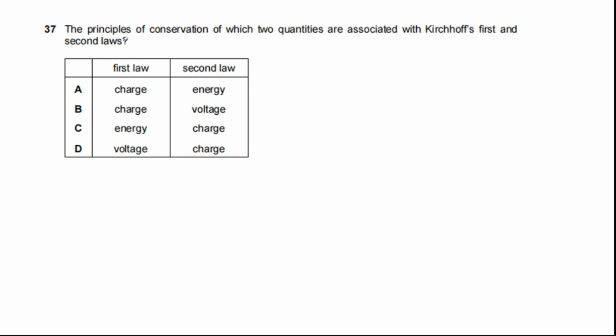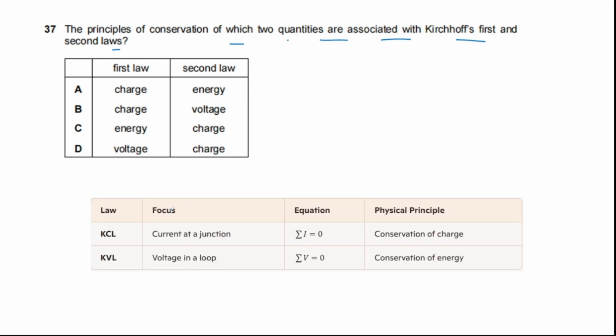Question number 37. The principles of conservation of which two quantities are associated with Kirchhoff's first and second laws? Kirchhoff's first law is the current law, which means that the current at a junction is equal to 0. So it means that the charges are conserved, because current is basically how many charges are passing per unit time. So if the current is joining at a point or splitting at a point,